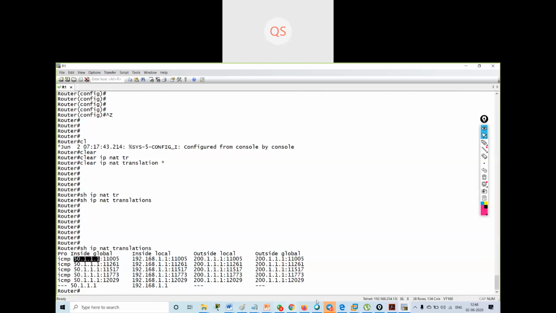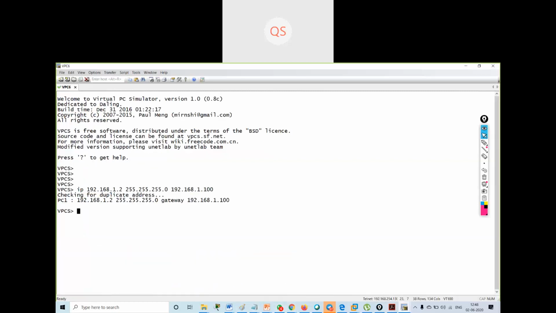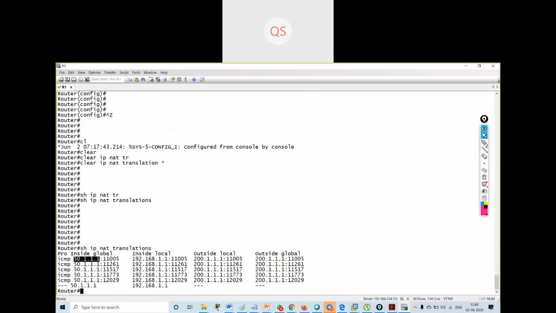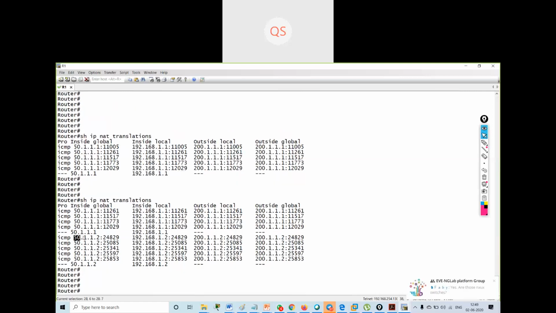If I try to ping from another PC, 200.1.1.2, I'll be able to ping, and if I check the NAT translation, show IP NAT translation, see, it is dynamically assigned another IP address.